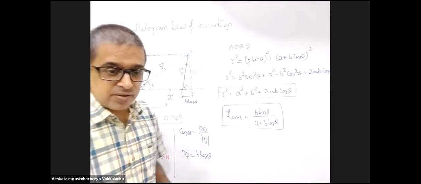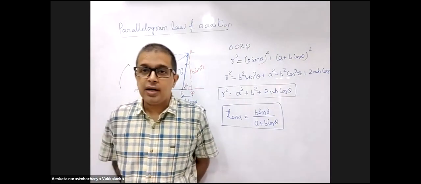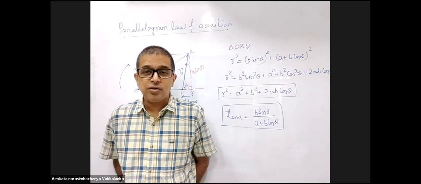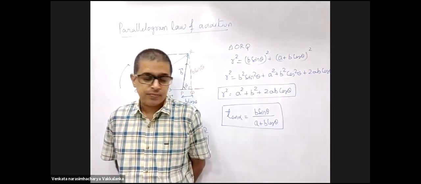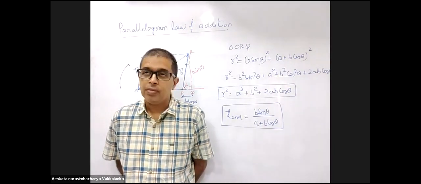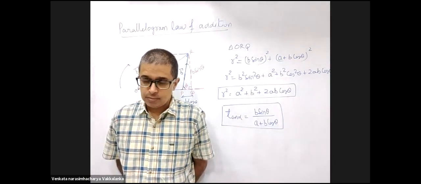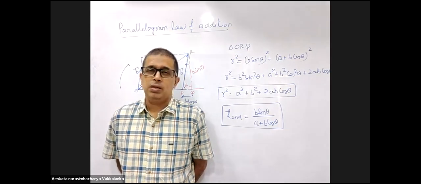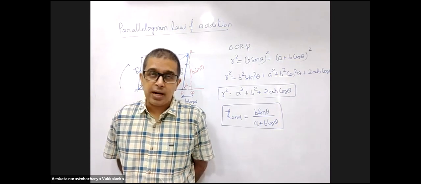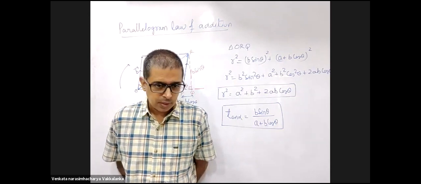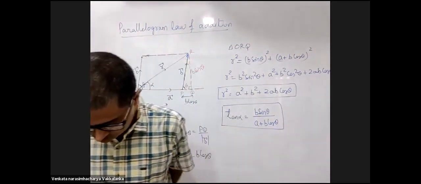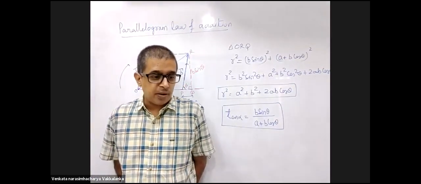If two vectors are represented as two adjacent sides of a parallelogram drawn from a point. So can you repeat? If two vectors are represented as two adjacent sides of a parallelogram drawn from a point,